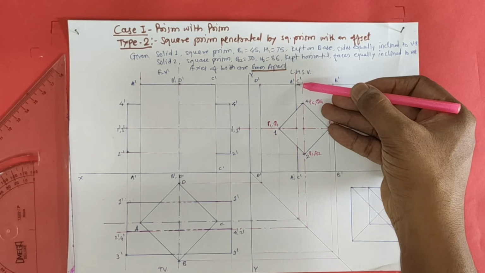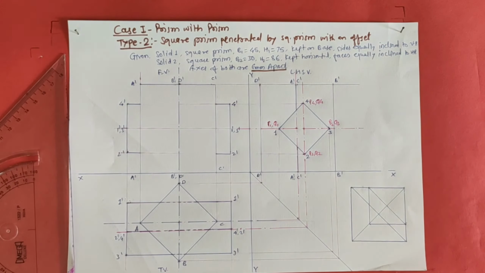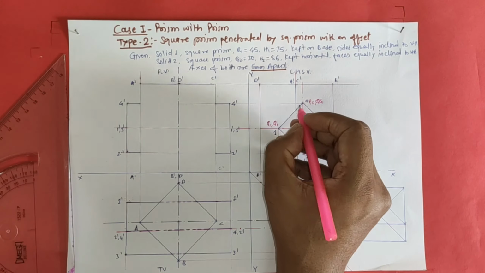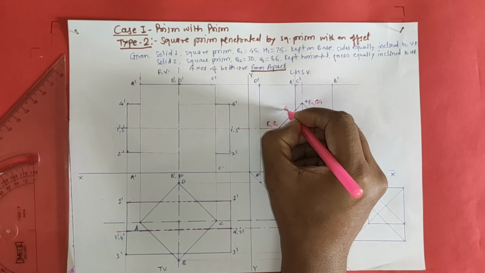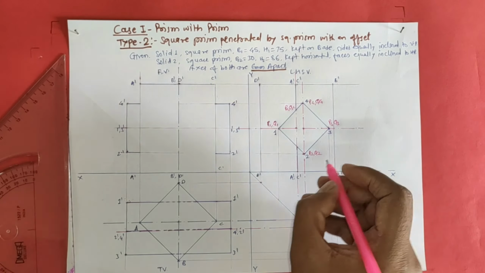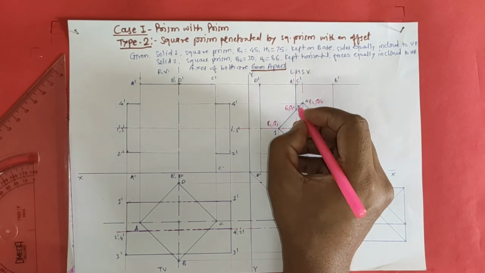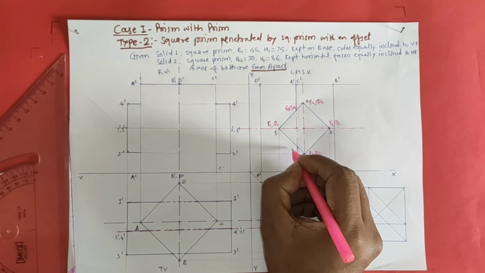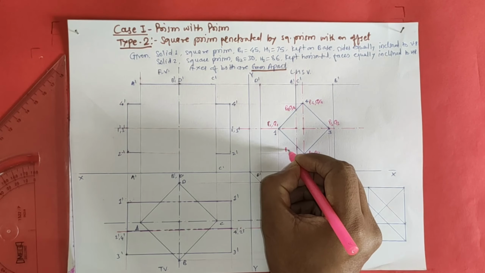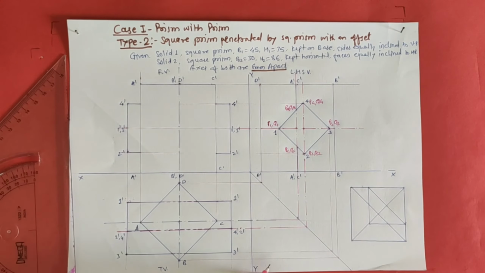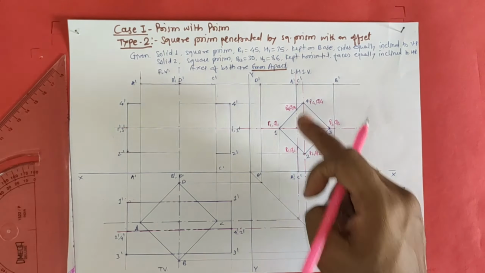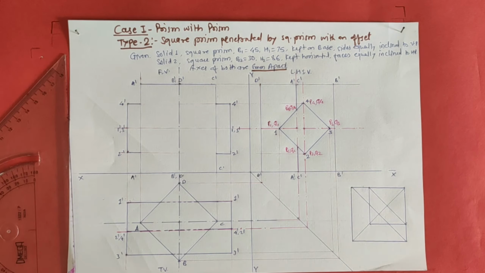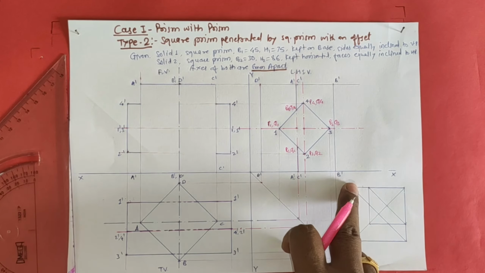Now see, this edge A dash and C dash, these two edges are cutting at these points, so you will get cutting points at these points. So I will mark them as, sorry, A is there, so I will mark PA comma QA. Similarly C is there, so PC comma QC. Okay, two lines are there, A dash, C dash, and it is cut twice, so you will get 4 points here. Okay, now I have marked cutting points in side view.